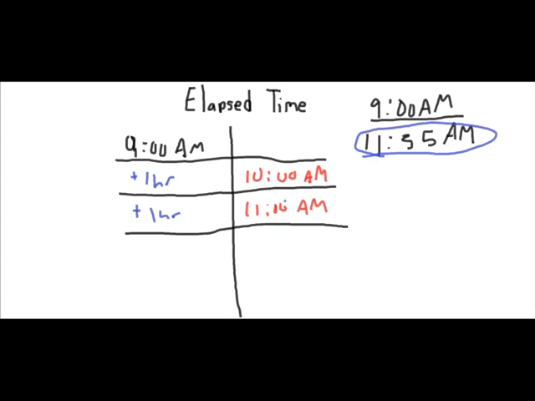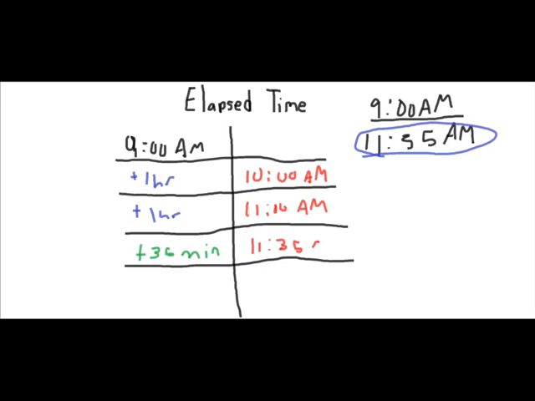So there's a 35-minute difference between the 11 a.m. and the 11:35 a.m., because this is the minute section right here. So all we have to do is add 35 minutes. The MIN stands for minutes. So plus 35 minutes, and now we know that this equals, here's the red,